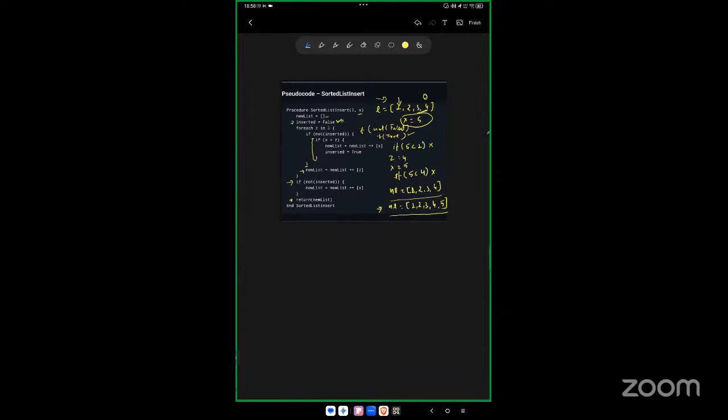See, it depends on how you want to code it, but because this format is pretty good, it covers